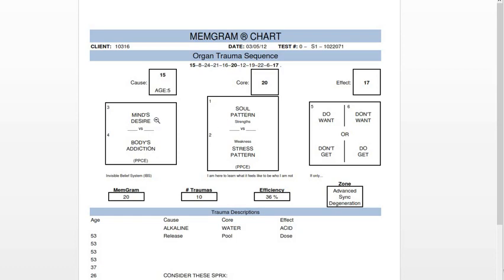You have a mind's desire for your life. Where do you get that? Well, it's because of who you are. It's because of your soul pattern. Now, to help you understand the role the cause dichotomy plays in your life,